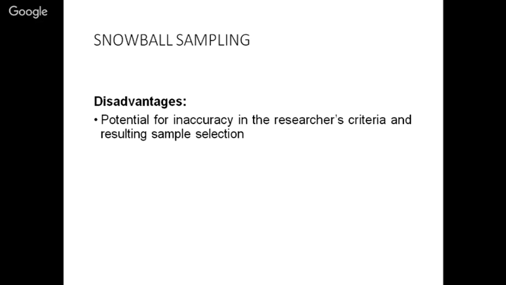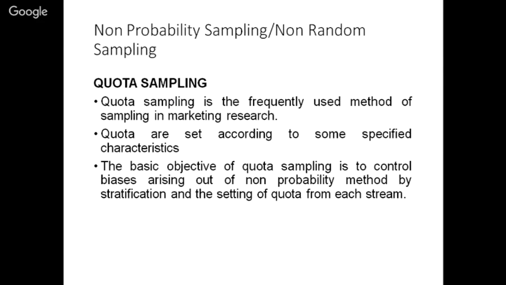Next comes quota sampling. Quota sampling is a frequently used method in marketing research. Quotas are set according to some specified criteria. Now, what is the difference between stratified and quota sampling? When we say quota sampling, quotas are set according to some specified criteria, those criteria can be,